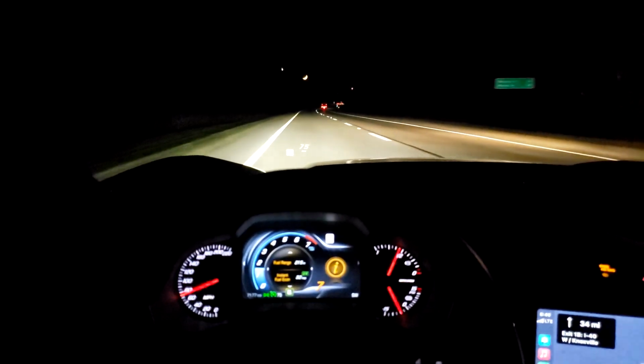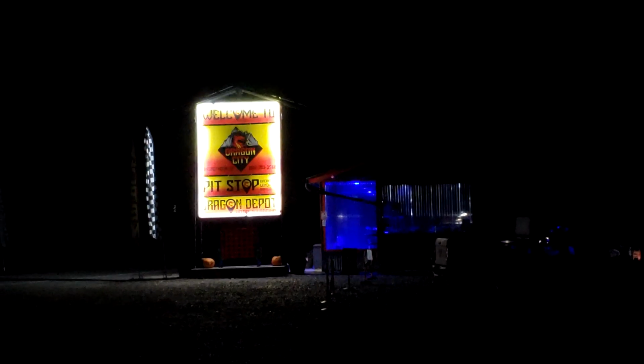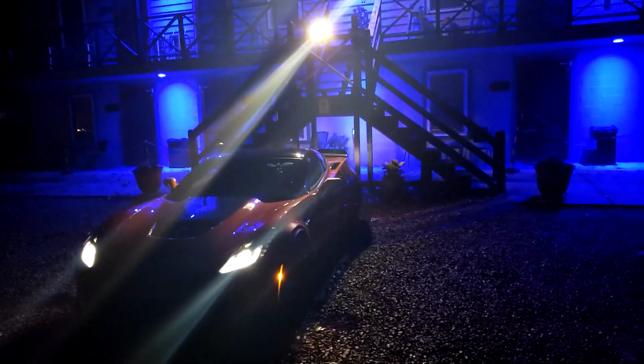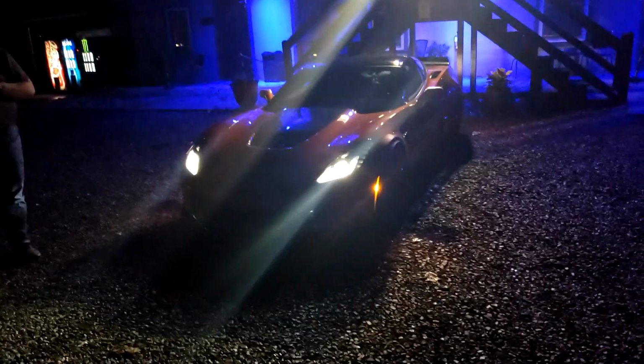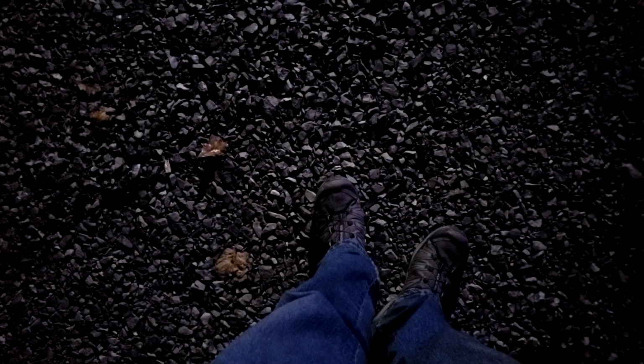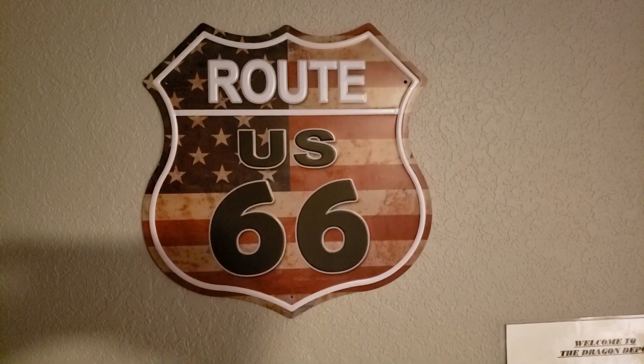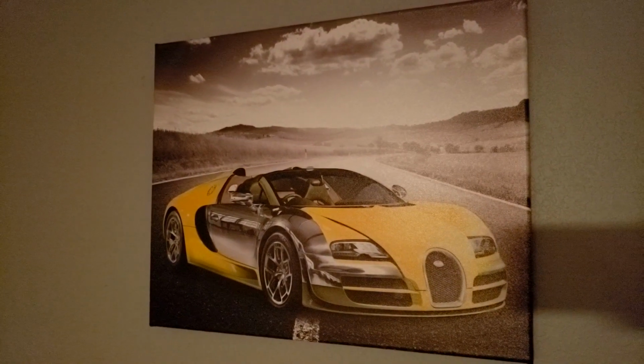Welcome to Dragon City Pit Stop, just outside the tail of the Dragon. It will be our home for the evening. After, let's see, what time is it? 10:45. We've been driving for 10 hours-ish. Not sure what to think about the hooker lights outside though. They kind of get what they're going for, but...